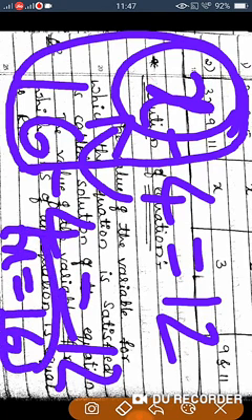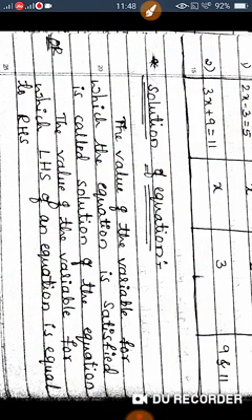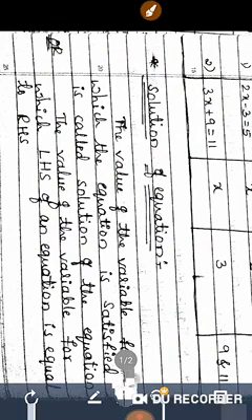So, understood what is the meaning of solution? The solution of an equation is nothing but finding the value of the variable by various methods. These are simple numbers, so you may easily find the x value here. But in some other cases, bigger numbers may come. At that time, many methods are there to find the variable value.